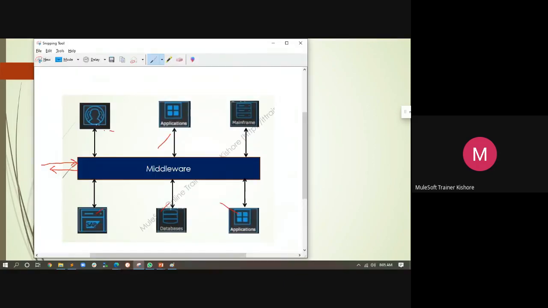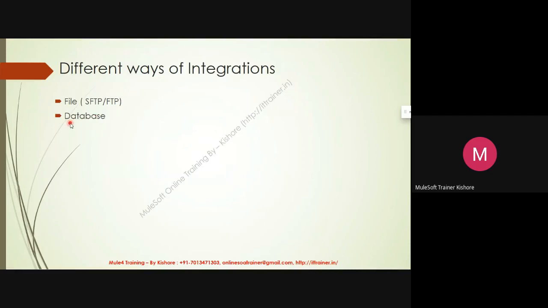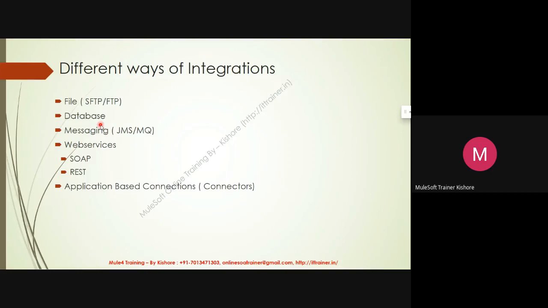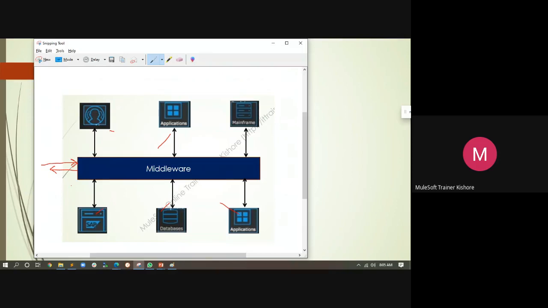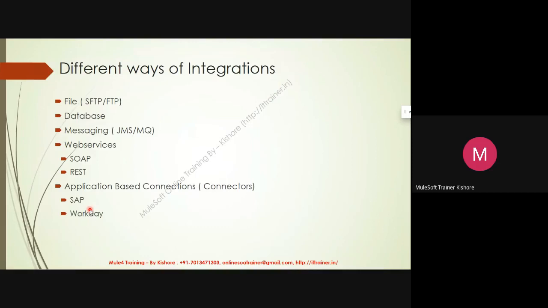One system will send a file, another system will insert the data into the database, and there is a temporary messaging store called JMS and MQ. We have web services called SOAP and REST services, and we have application based connectors to connect with specific applications like SAP, Workday, and so on. Like this, using these channels,